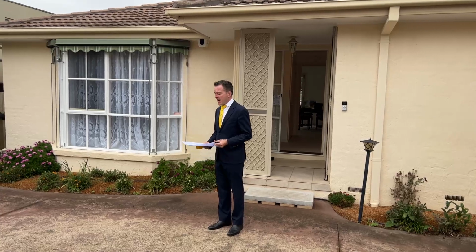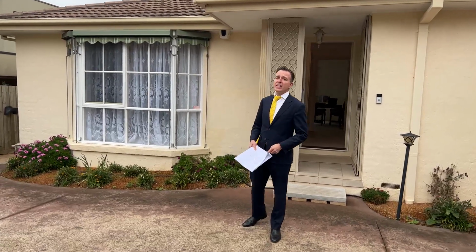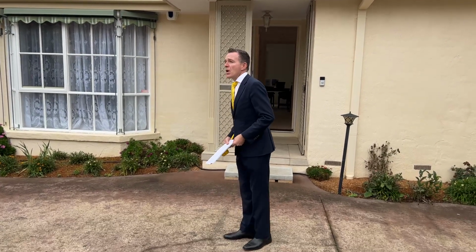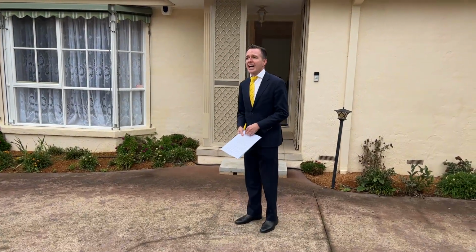Welcome to number 2 at 10 Walker Road here in Mount Waverley. My name is Courtney Matthews. I'll be your auctioneer today, and assisting me, a few of my colleagues from our offices located down the road